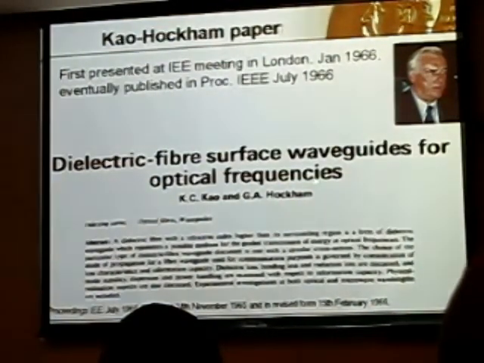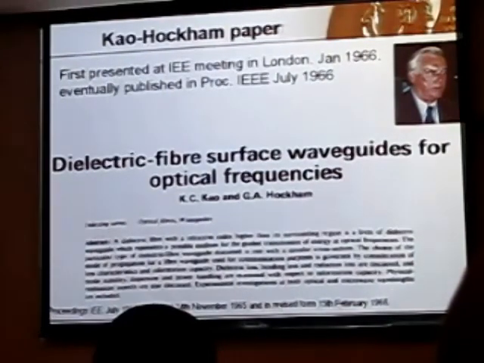It's called Dielectric Fiber Waveguides for Surface Waveguides at Optical Frequencies. This one paper in 1966 has everything you need to know on how to make an optical fiber network. Today, in 2009, you can take this paper and pretty much design your network. This thing does everything. The choice of the mode of propagation of the fiber, dielectric loss, melting loss, radiation loss,